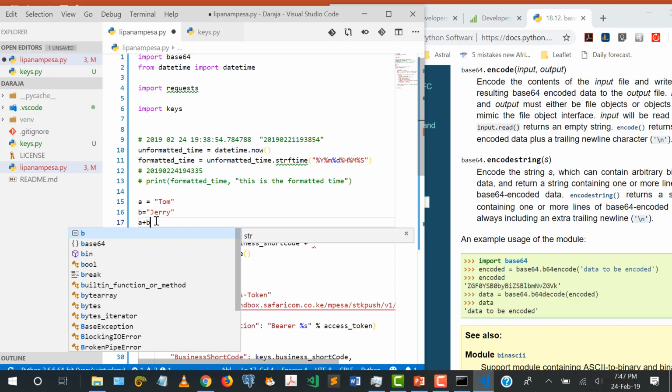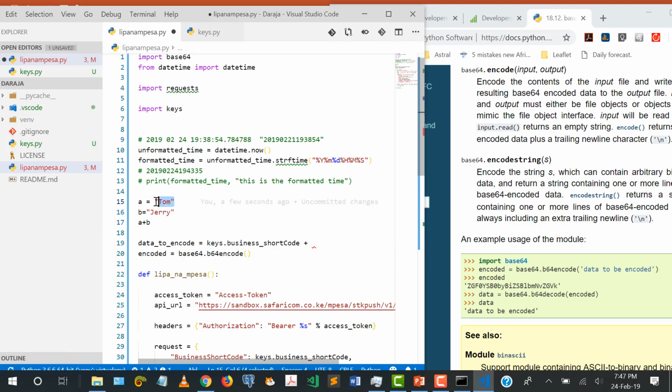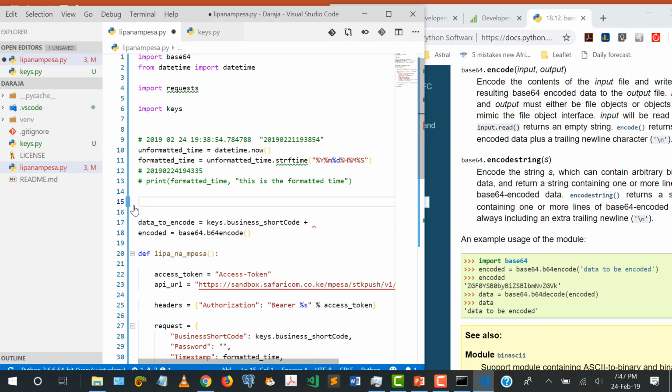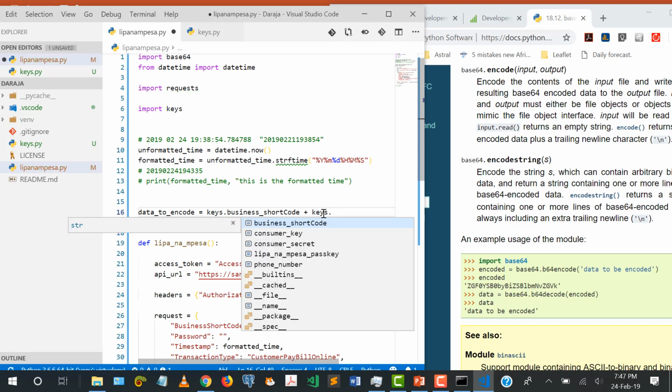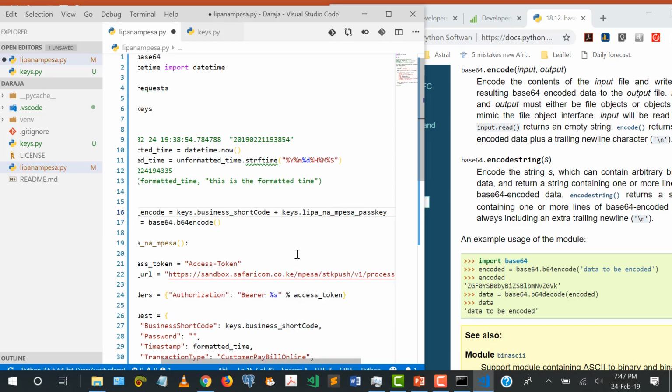That behaves differently if A is equal to 1, which is an integer, and B is equal to 2, then if you add them it is 3. But if they are strings, 1 and 2 is going to give you 12. Anyway, so we need the business shortcode plus, remember, the Lipa na Mpesa online passkey,